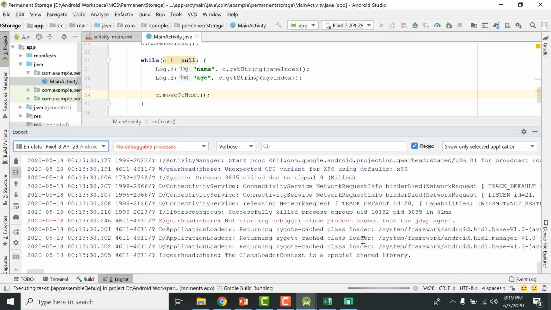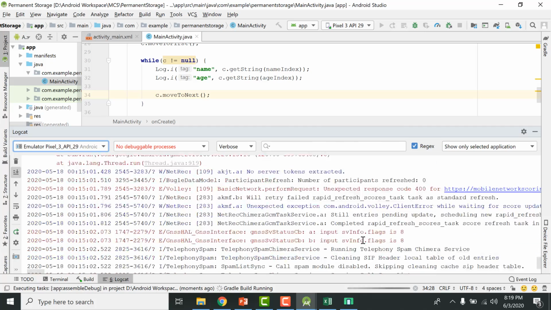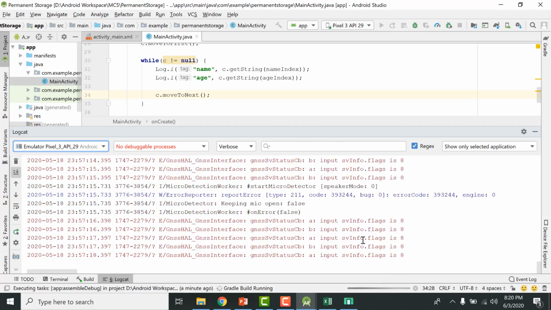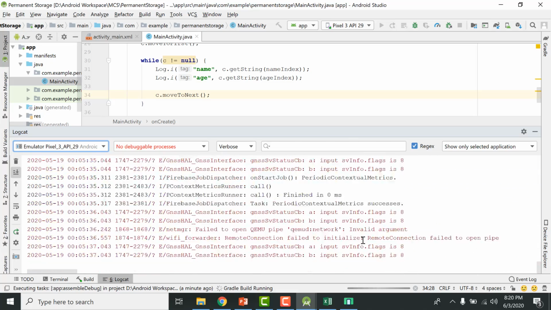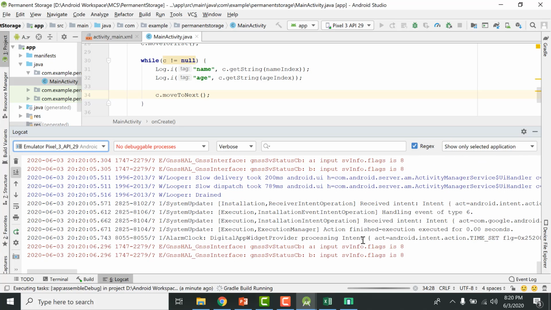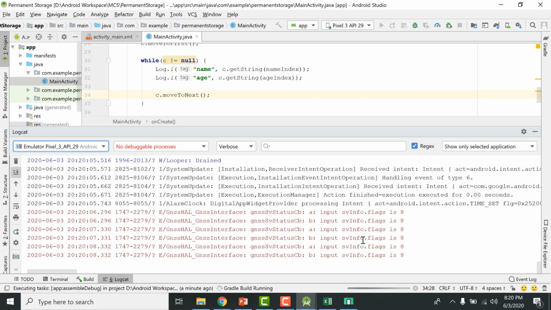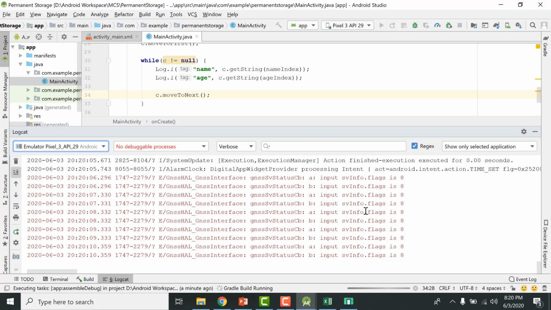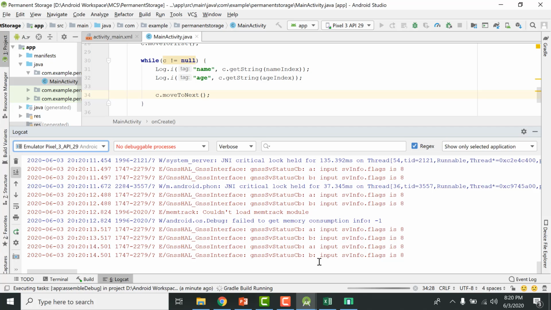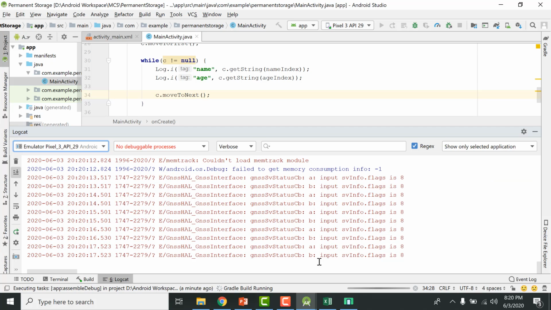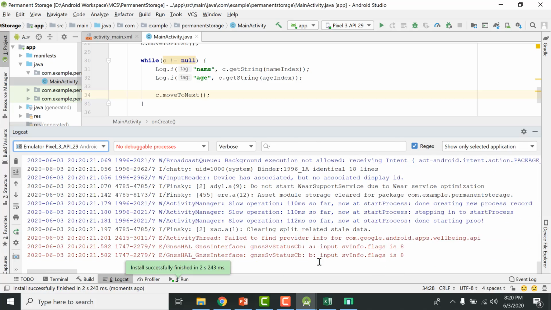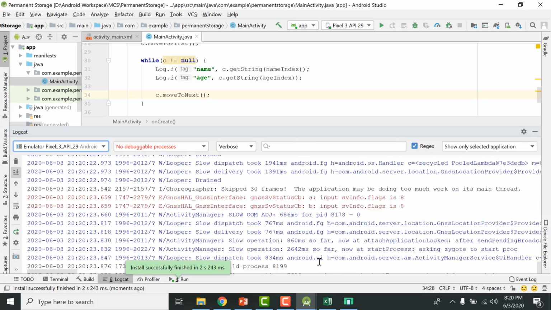Still Gradle is running, and there are lots of messages which the Gradle logcat is showing to you, but you do not have to worry about it, because we are only interested in our records being displayed on the log file. So Gradle is building, it is like organizing, composing, putting files, converting files into an APK file,